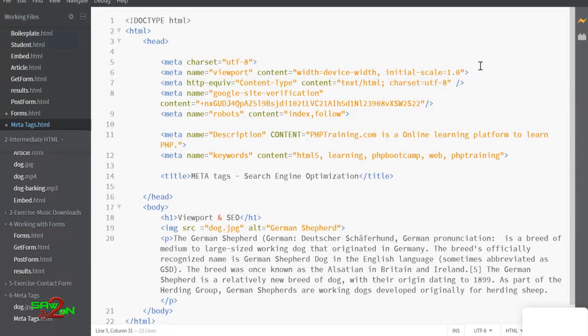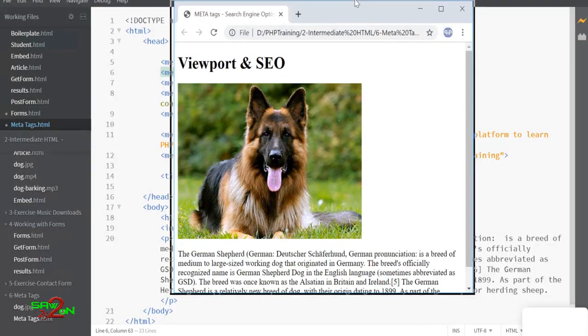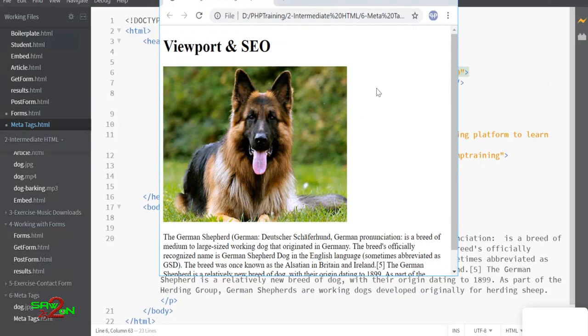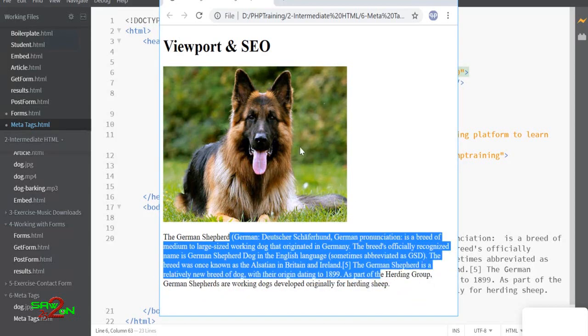Then the most important thing is the viewport. Whenever this page is viewed from a mobile, an iPad, or a desktop, you want to scale the images. Let me show you with an example. If this is the page and you are viewing it from a mobile phone, you want the text and the image to scale to that specific device.